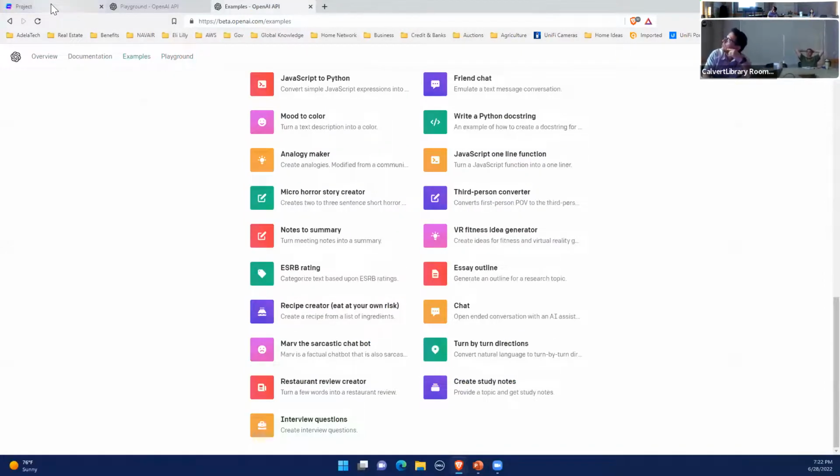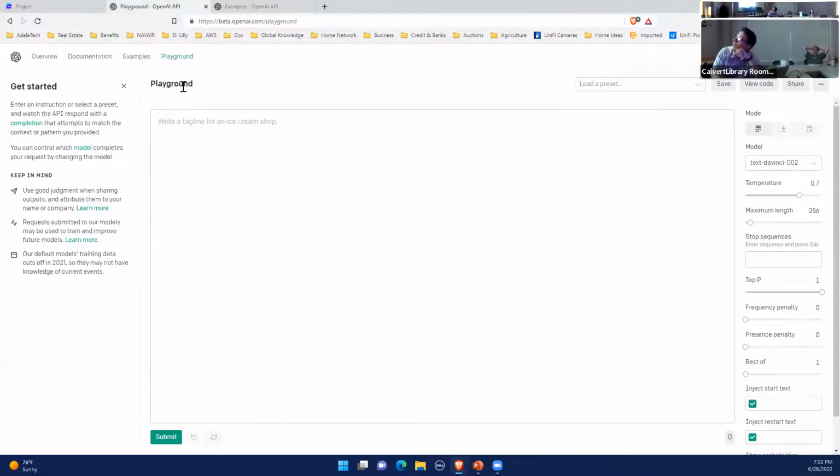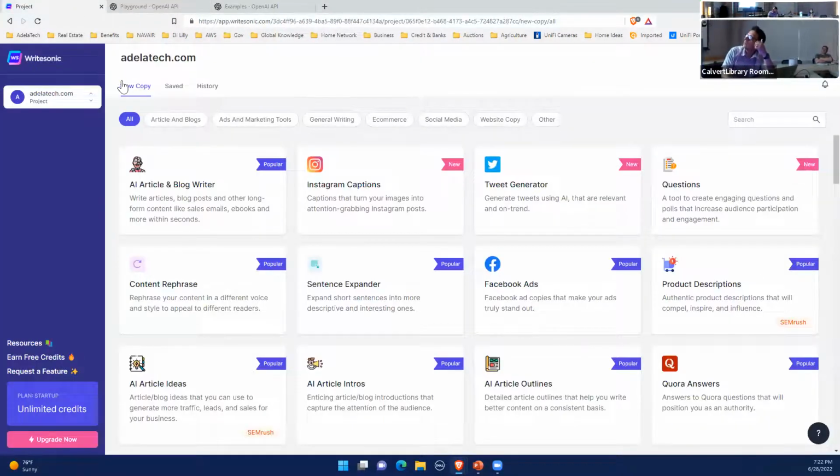All right, so I'm going to jump into Write Sonic, which is basically the front end for everything that we're using here in this playground. And this playground is just meant to be exactly that. It's a playground. It's not meant to be a full iteration of the AI engine. But this company, Write Sonic,